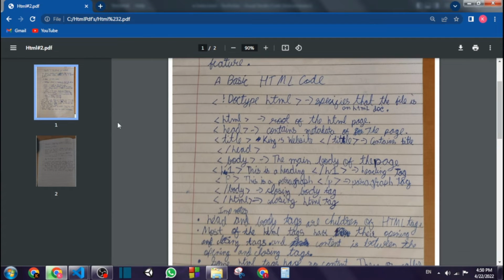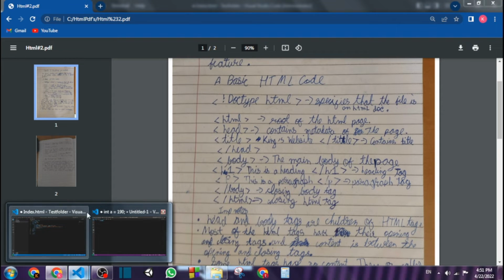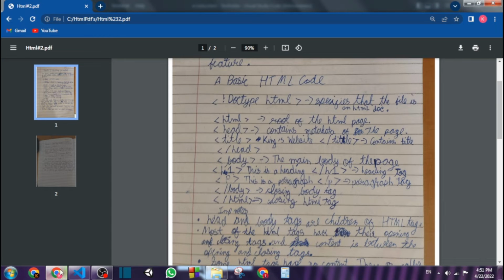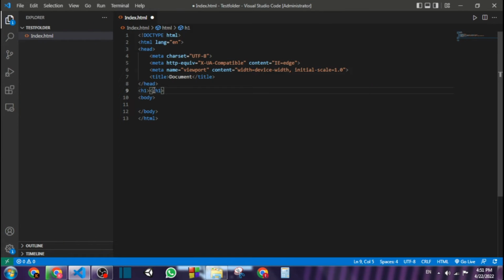In place of that, see, this is a heading. Let me close this first. So here I will write this is a heading,